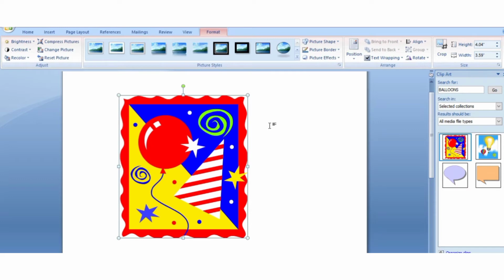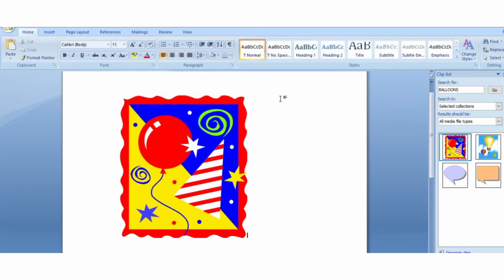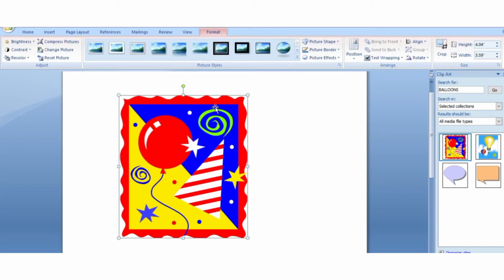Next is applying picture styles. Word 2010 has a preset style gallery to apply ready-made styles on the inserted image. Now for applying a style, again we will click on our picture, then we will go to the format tab, and you can find here different picture styles.